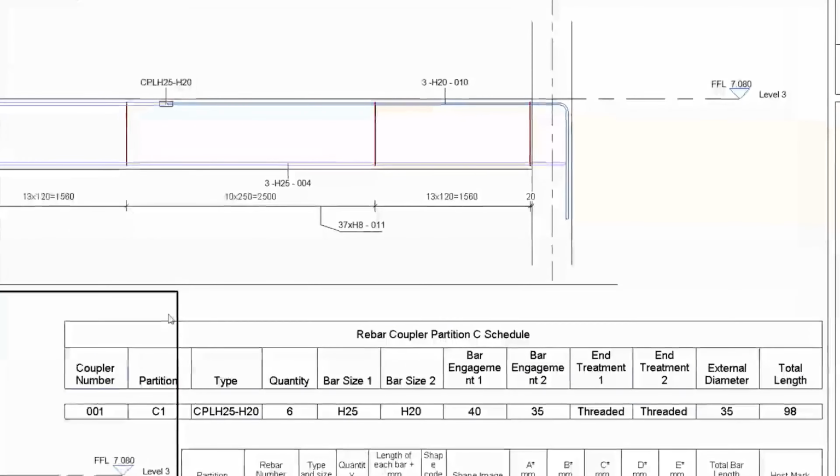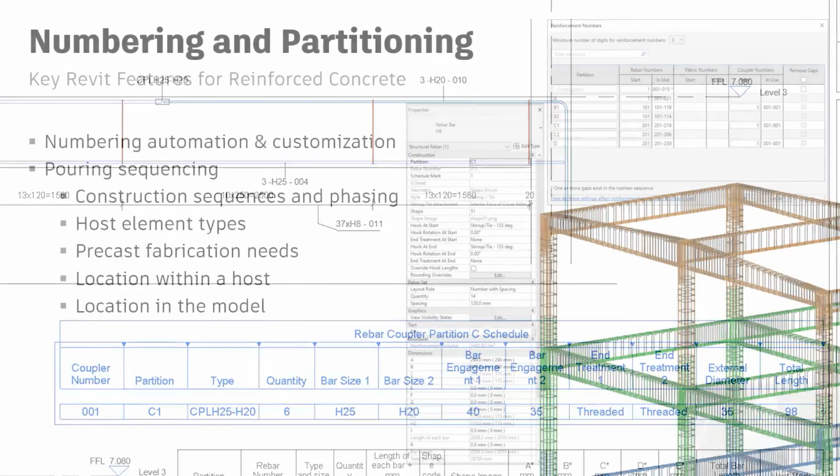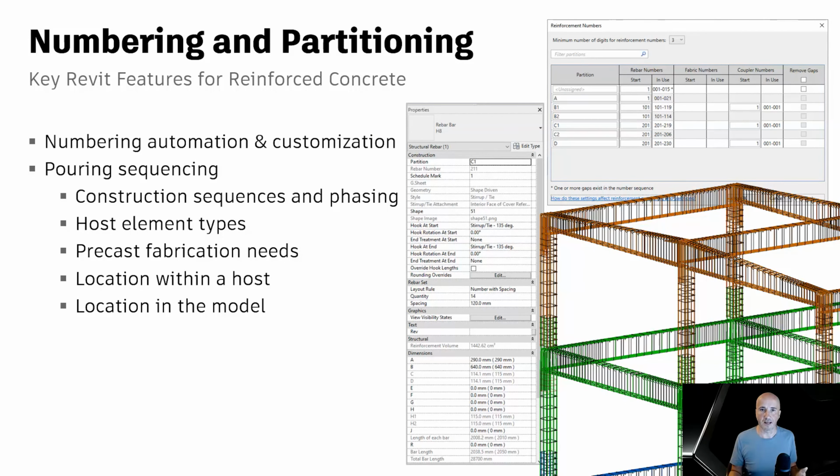You can add the connectors to groups, assemblies, and partitions with unique coupler numbering, and you can export them to various formats. Revit has rebar numbering that enables identical reinforcement elements to be matched for schedules and tags. So if you add a rebar to your project, it will inherit a rebar number from the existing identical instance, having the same shape and dimensions. Partitioning for reinforcement serves several organization purposes, depending on how a building is designed or how it will be constructed.